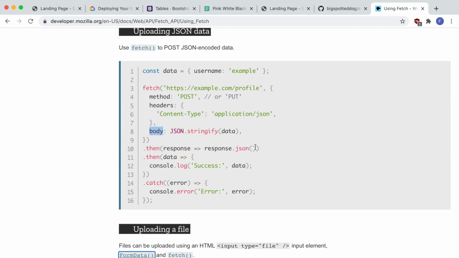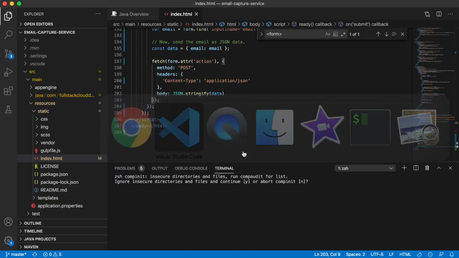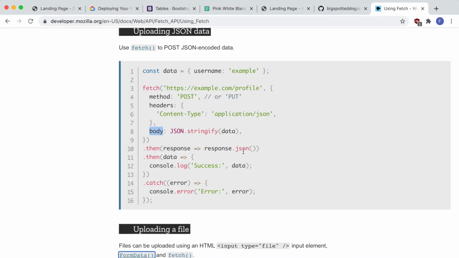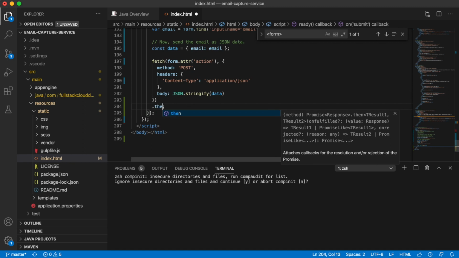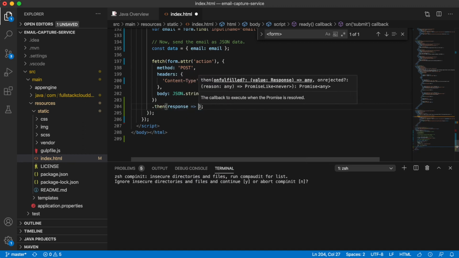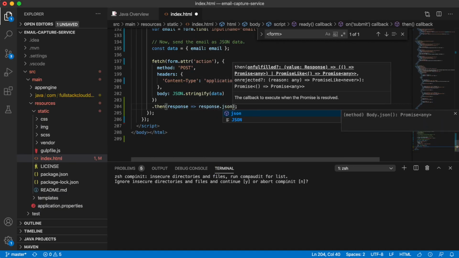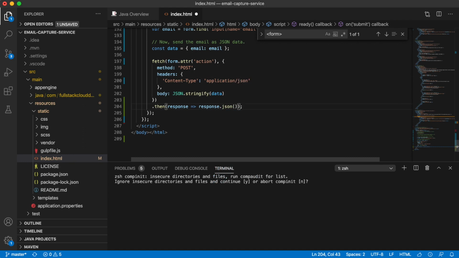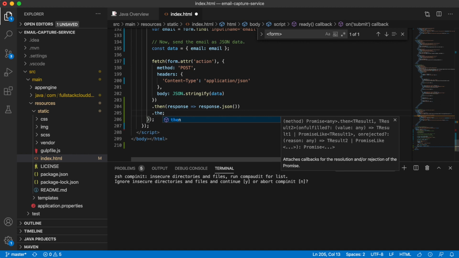All right, and then next, the server's going to send us a response, and we're going to get the response as JSON. So let's go ahead and add a promise receiver on here. So the fetch is going to return with this function on the then. So we'll go ahead and put then. And you'll notice I keep referring back. You're not expected to remember all this by memory. I never do. Okay, so we're going to call the response function JSON, which is going to return us the data. And then with that data,